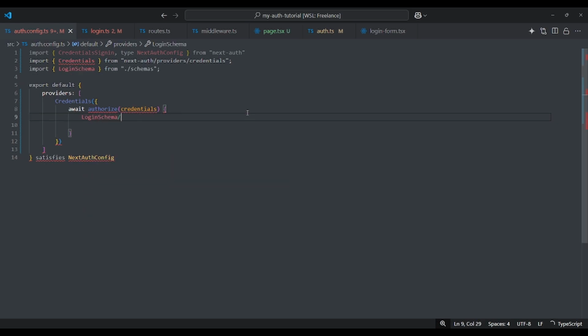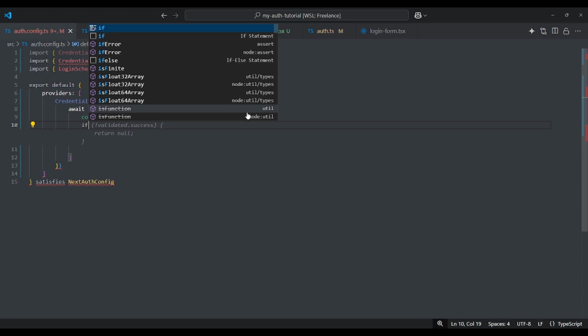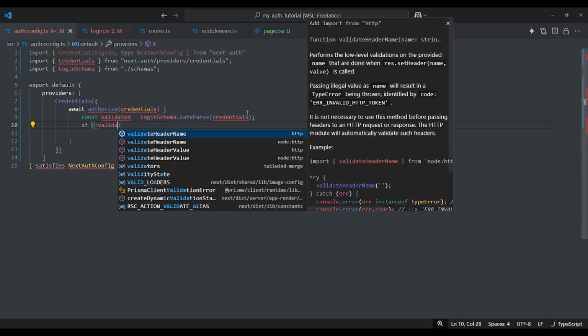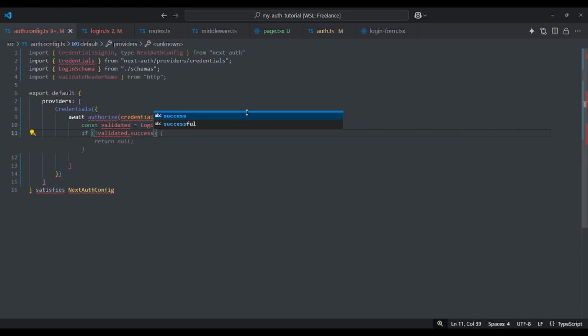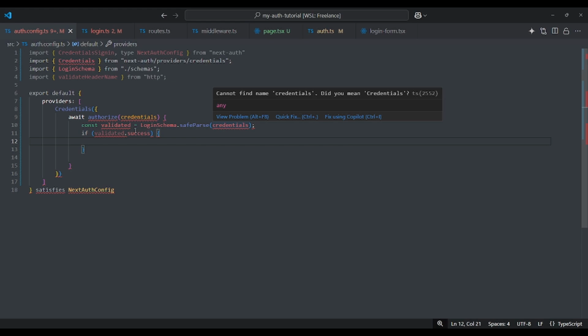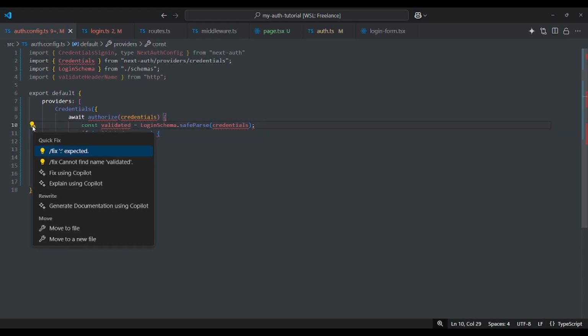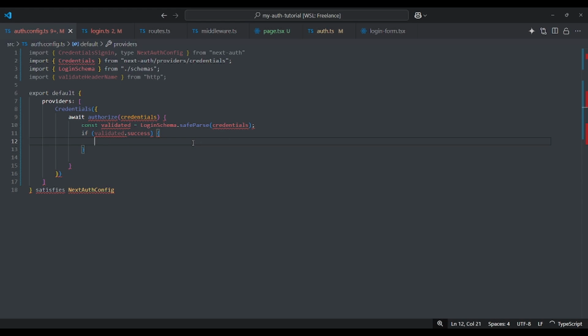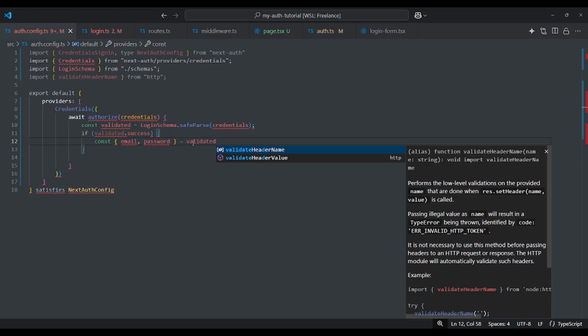And here, these credentials, we need to validate using our login schema, and put it inside a variable. If validated successfully, so if we successfully validated the credentials, then we extract the email and password from the validated data.